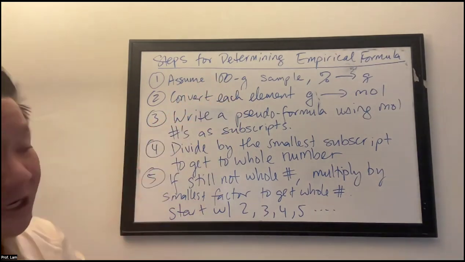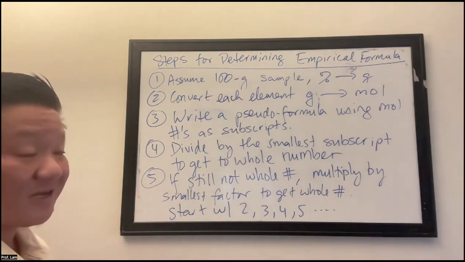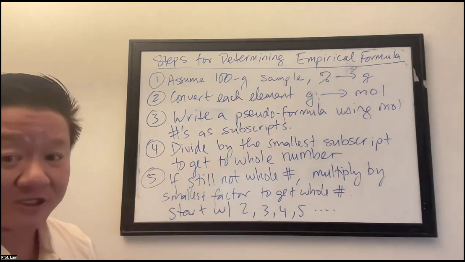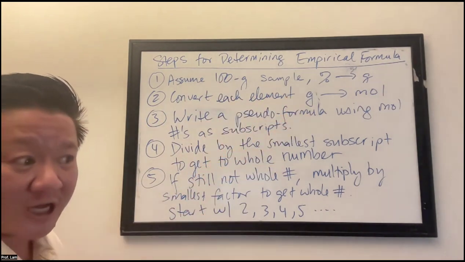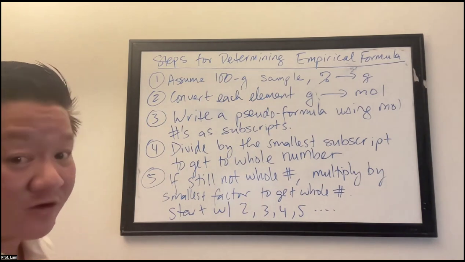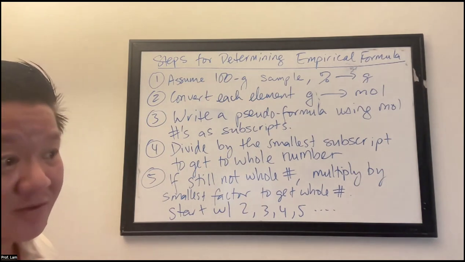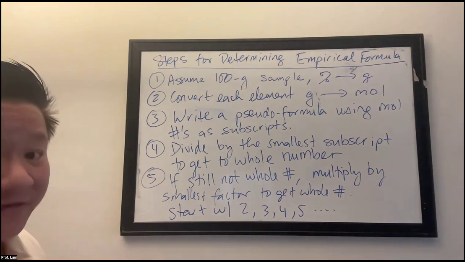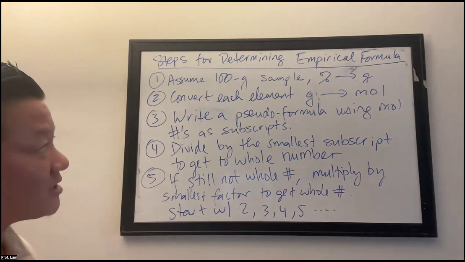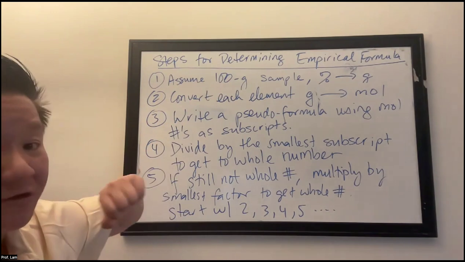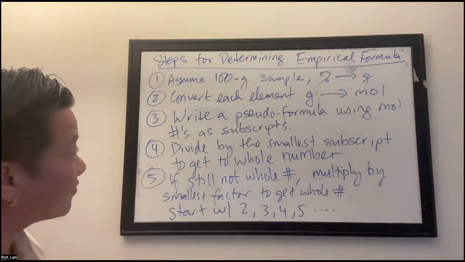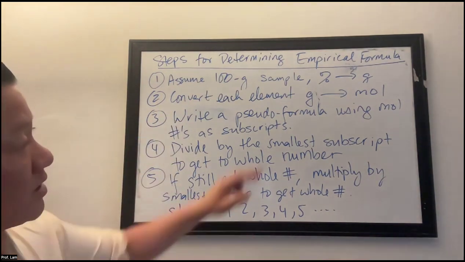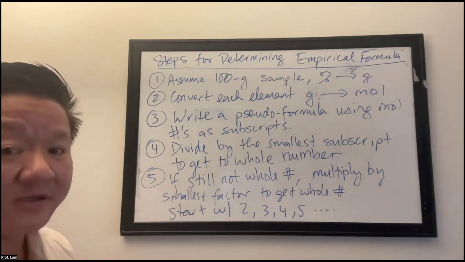So if you assume a 100-gram sample, the percentages can be converted straight to grams. In a 100-gram sample, if 54% of it is carbon, then that also means I have 54 grams, right? So it makes it really straightforward if you assume a 100-gram sample, and you can always do that. Then step two, you've got to take grams and convert to mole using the molar mass, which we've done a